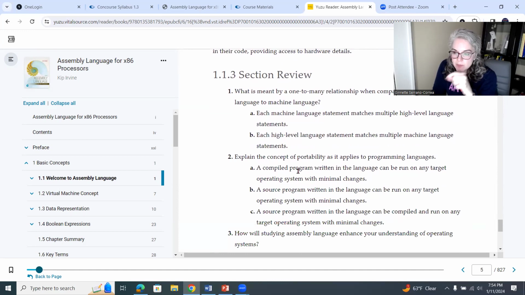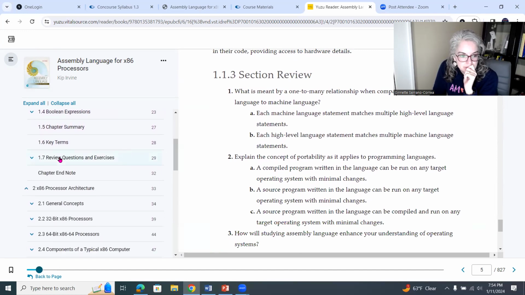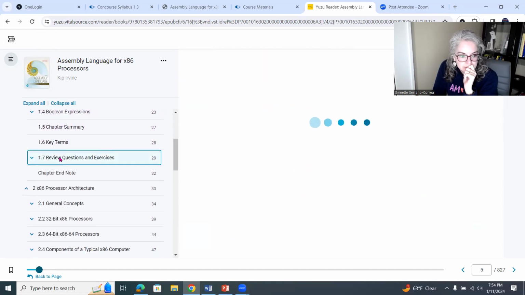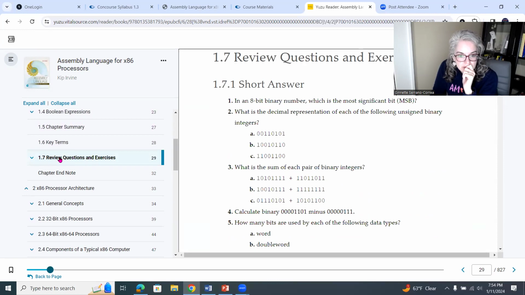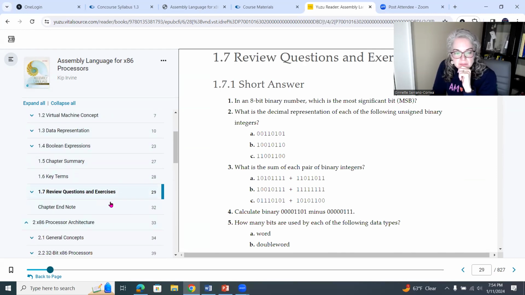I don't have everything posted because I do take some questions for your assignments from here. So there are some questions in your assignments that are here, so that you won't see the answer. But I can give you the section review answers and some of these review questions in the exercises.